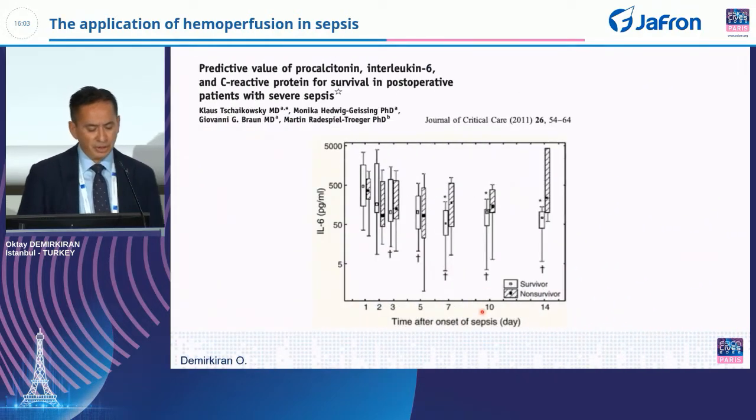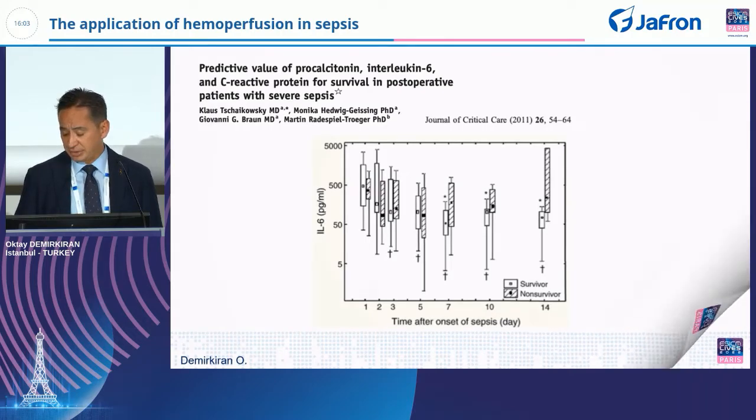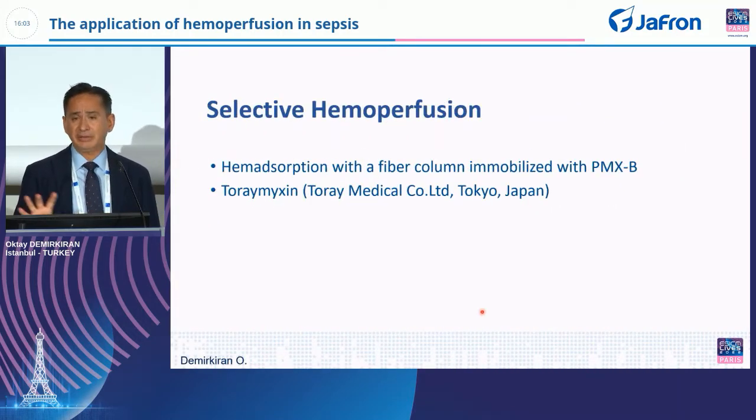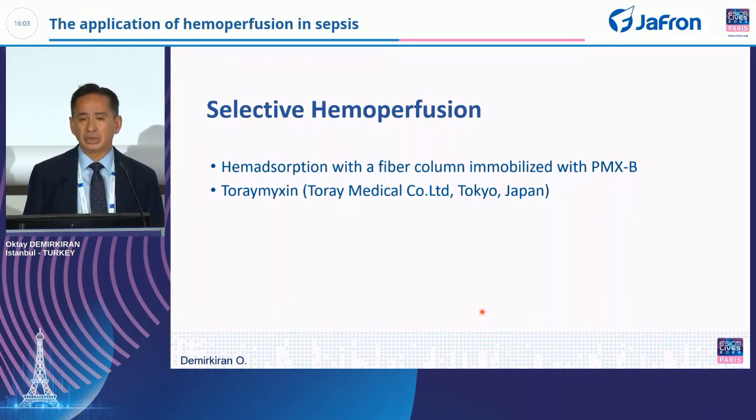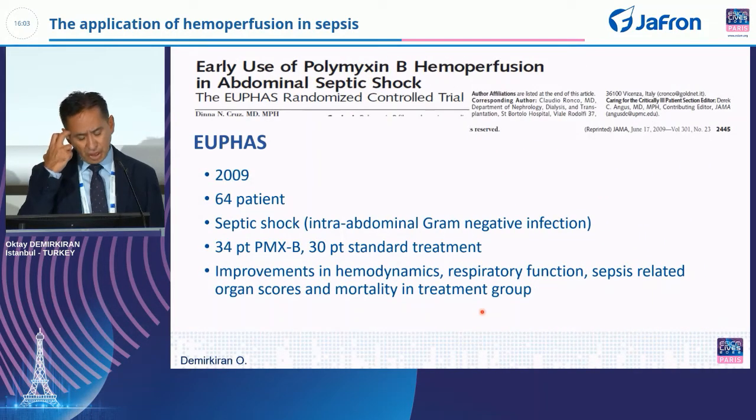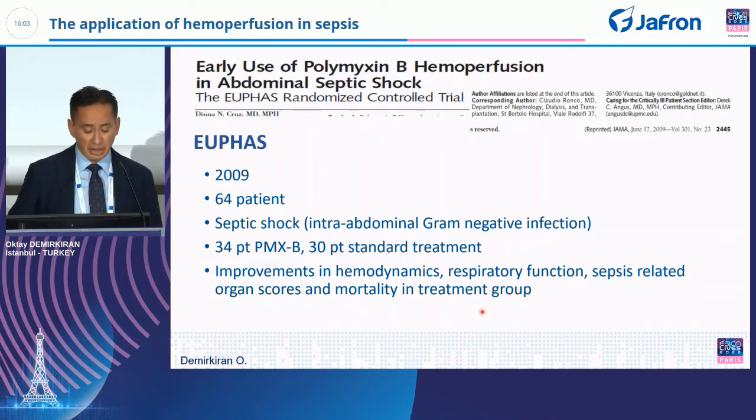And another study, the Tchaikovsky study, found that procalcitonin, interleukin, and CRP levels are very high in non-survivors due to sepsis. There is selective hemoperfusion with a fiber column immobilized with polymyxin B. And in this trial, the EUPHAS trial in 2009, with 64 patients in septic shock due to intra-abdominal gram-negative infection,